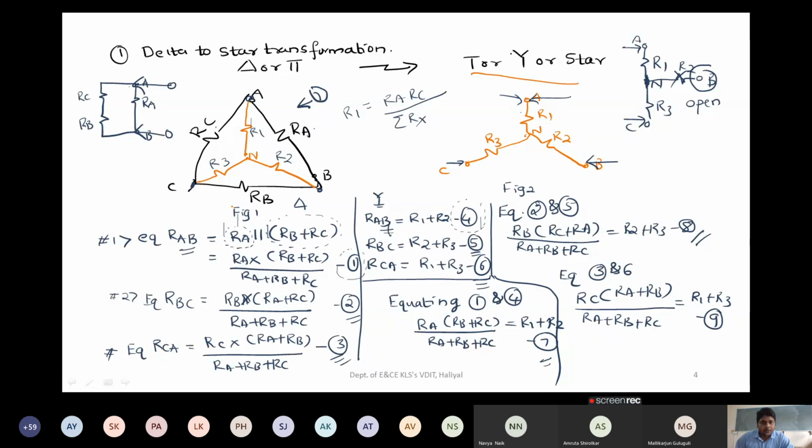Second way is you have to look into the main node where R1 is connected. So it is connected to node A, and to that node which resistors are connected, we have RC and RA. So that you have to multiply. So first one is very simple. You have to take the adjacent values. Or the second one, what I told, is you have to look into the node where R1 is connected. R1 is connected to A. So to that node which resistors are connected, RA and RC. So you have to take the product of that.